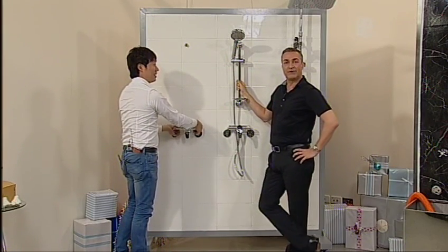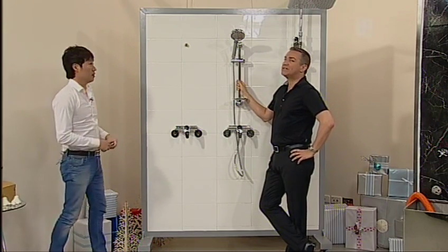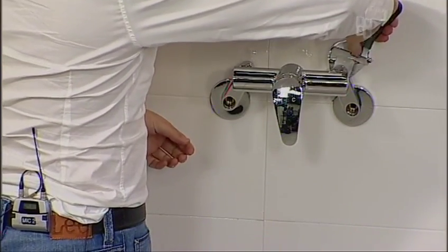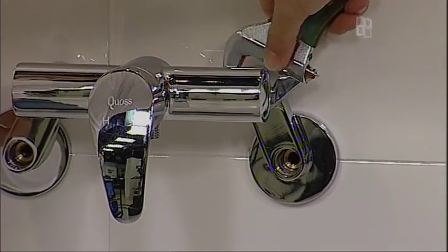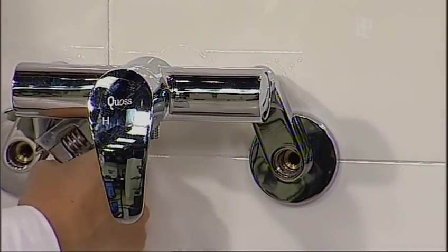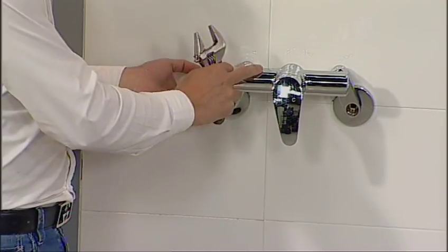Okay, Kai is wondering if the shower system can be taken with you if you're renting from house to house. Good question, Kai. Yes, we will get to that one. Oh, that's a very good question. Of course, definitely. This has been designed so that even if you're renting your house, you can install it, just make sure